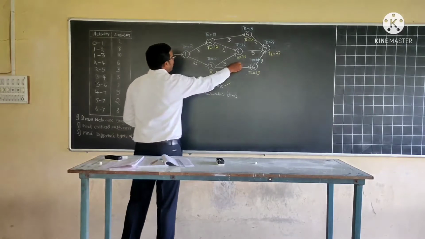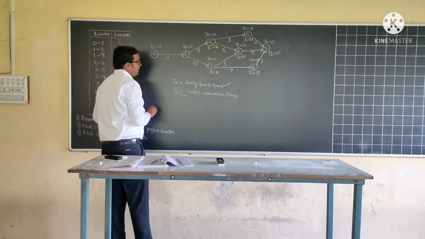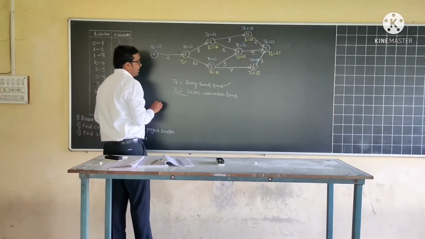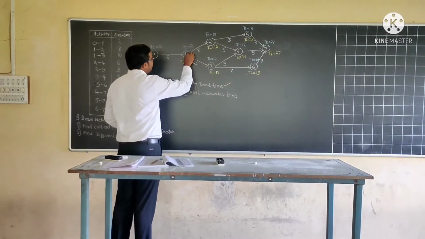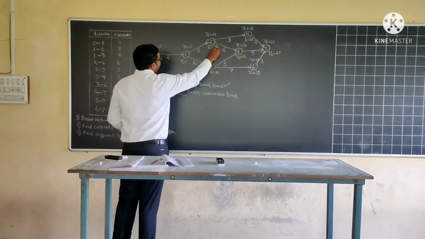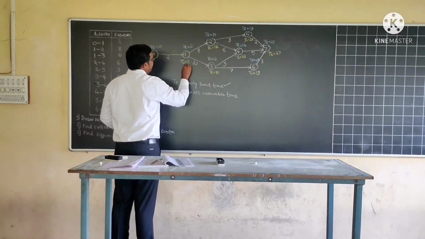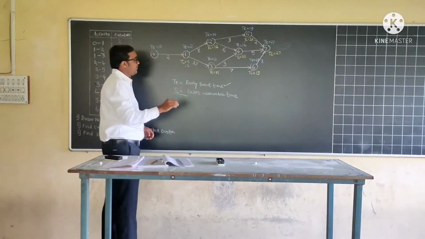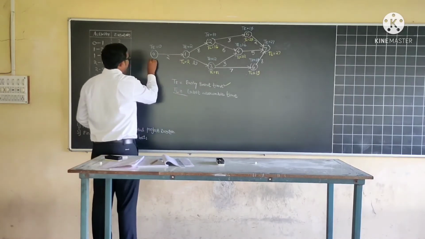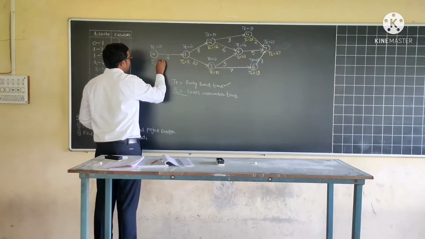Okay, so up till now all the values are calculated. So we will consider event number 1. We have to find out the TL value for event number 1. From event number 1 there are 2 activities diverging, 1 to 2 and 1 to 3. Again we have to consider both. So 16 minus 8, 8, and here 12 minus 10, 2. So we have to consider the minimum value. So here TL value will be 2. And lastly, for event number 0, TL is equal to 2 minus 2, 0.